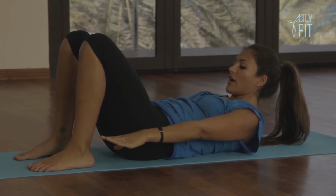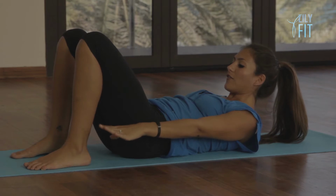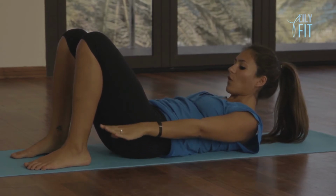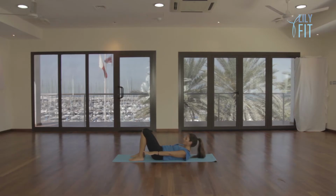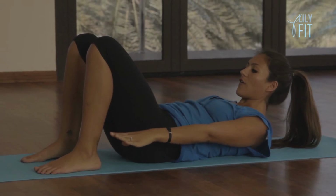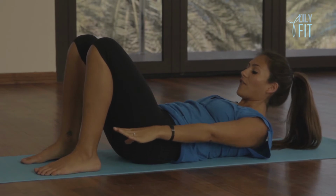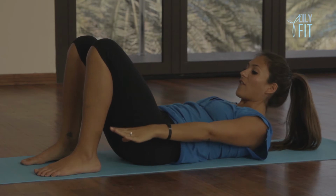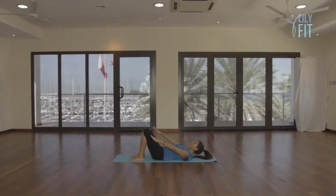Breathing out, 5, 2, 3, 4, 5, breathing out, 6, 2, 3, 4, 5, 7, breathing out, 8, 9, breathing out, 10, breathing out. Slowly stretch the arms and the chest all the way back down to